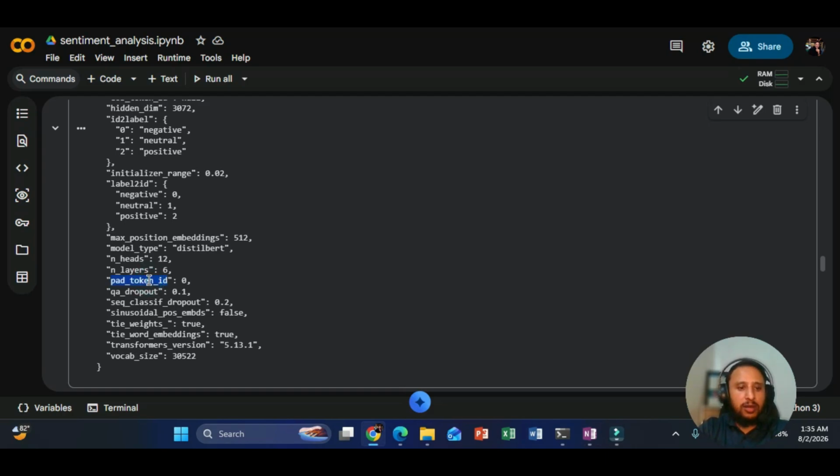Pad token ID and QA, this is the question answer, we don't need them. Sequence classification and dropouts, we are going to use in the transformer block. This is the sinusoidal position embedding. We are setting it to false because we want these positional encoding weights to be trainable, so we do not want some fixed